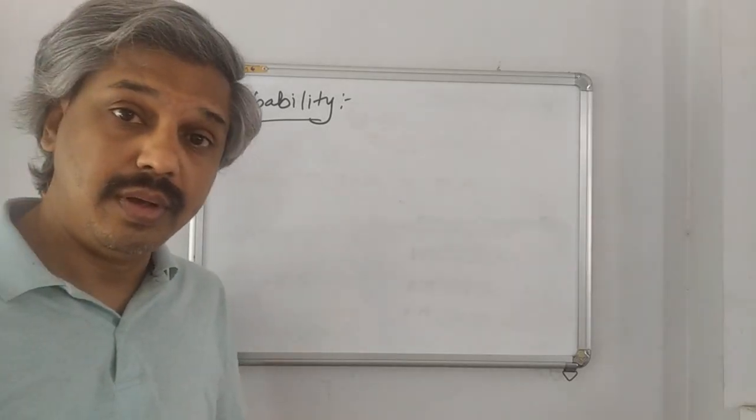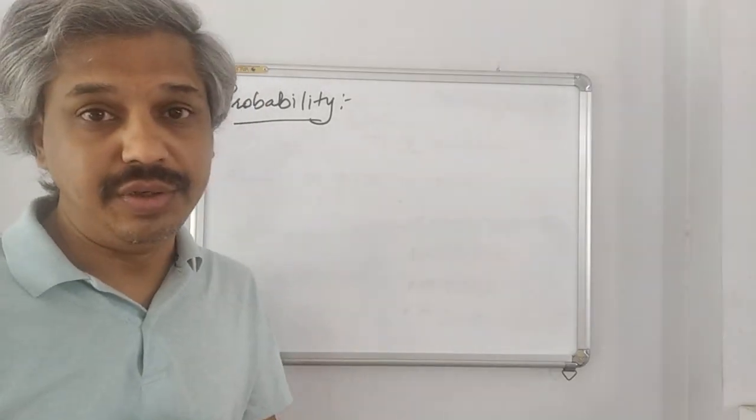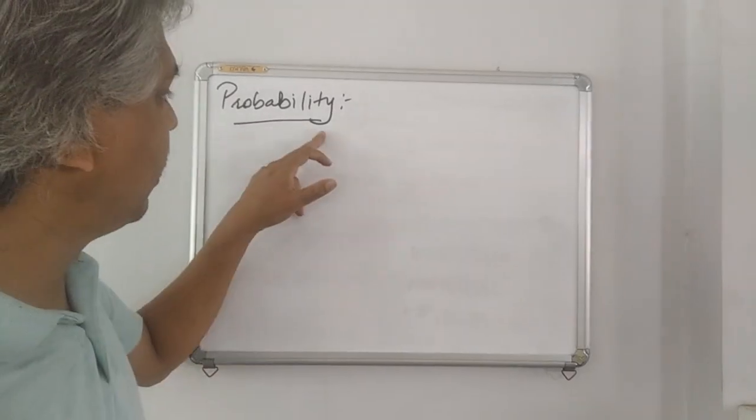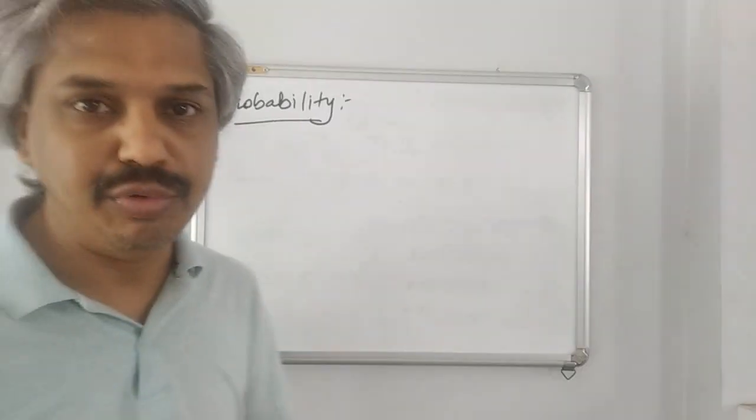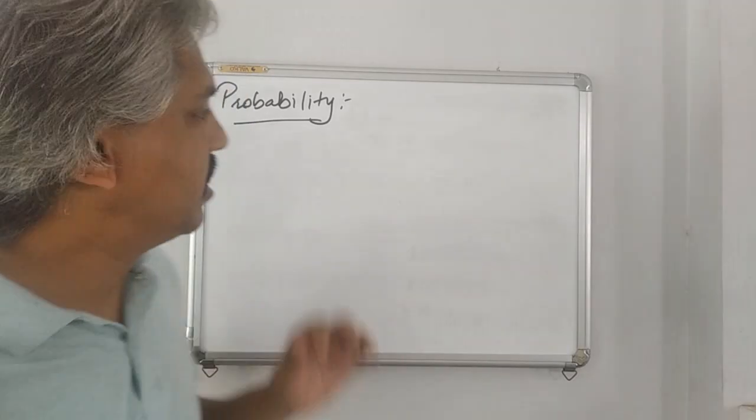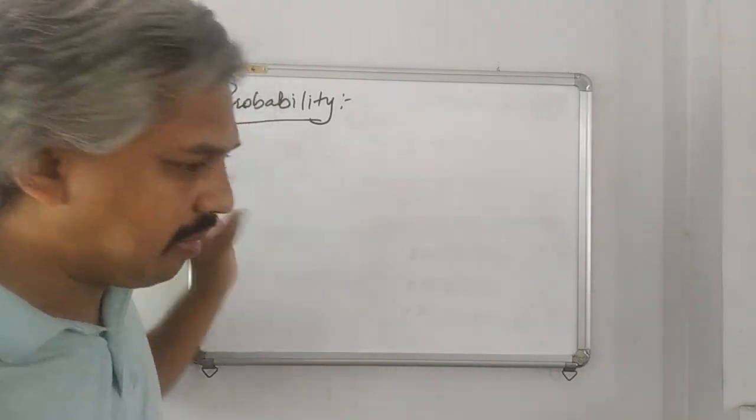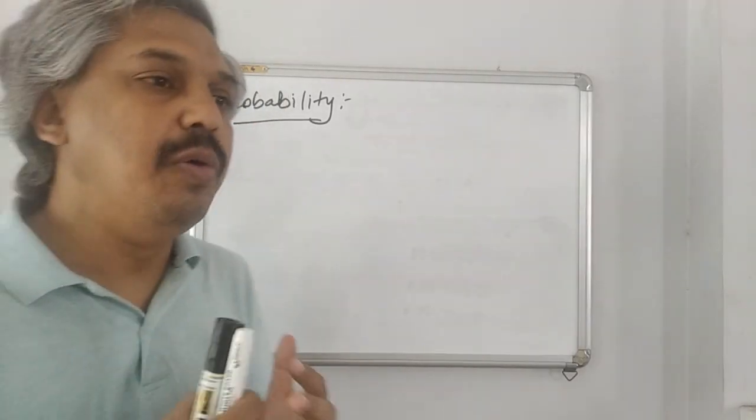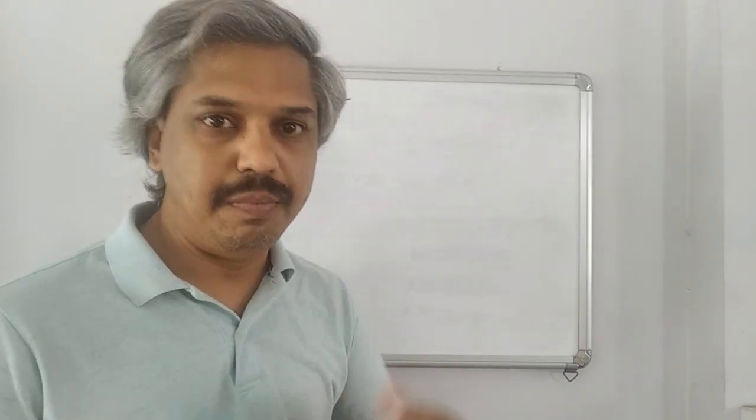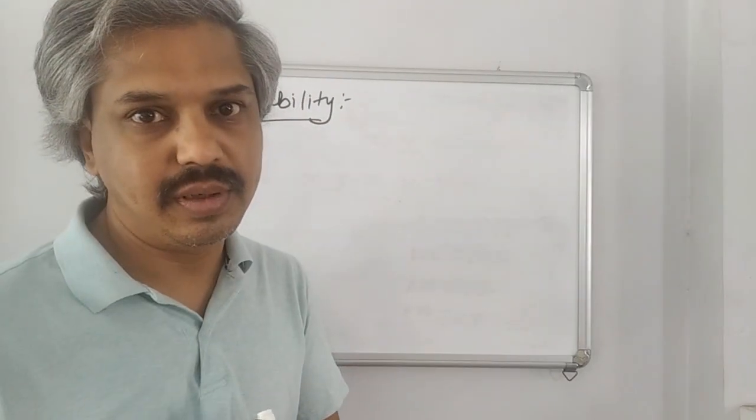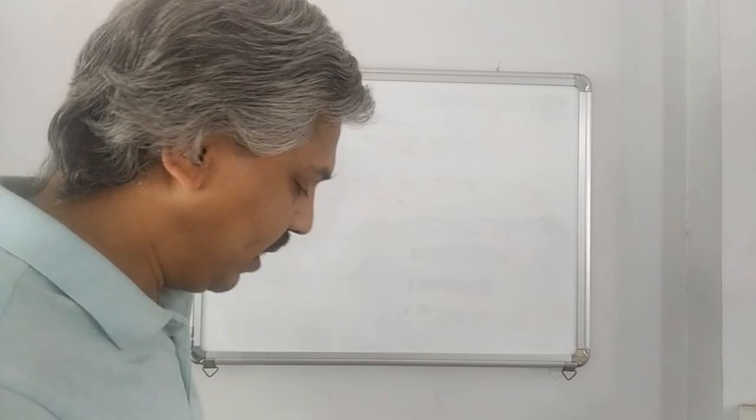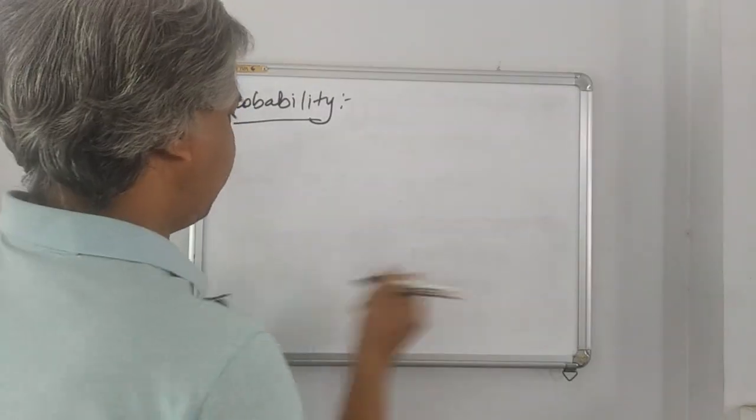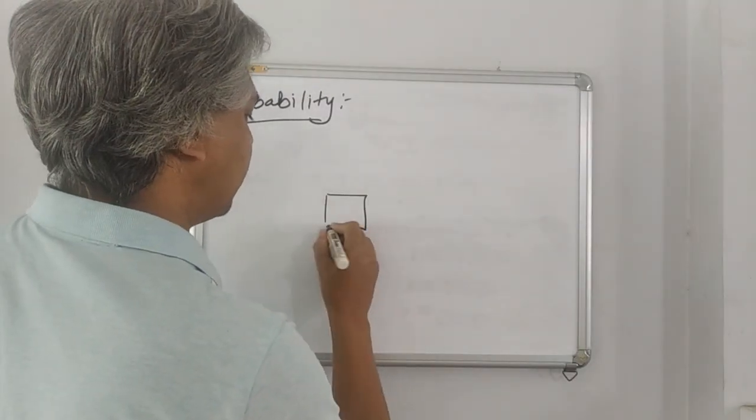Hello. The topic of discussion for today is probability and probability distribution. As you can see, the idea of probability is about prediction of the future based on past experience. So what we do is, let us say we have a die,